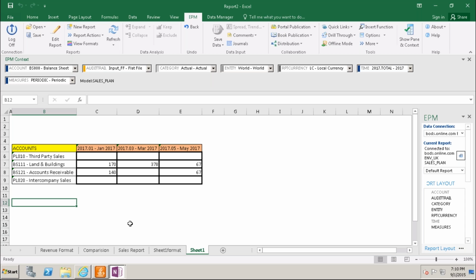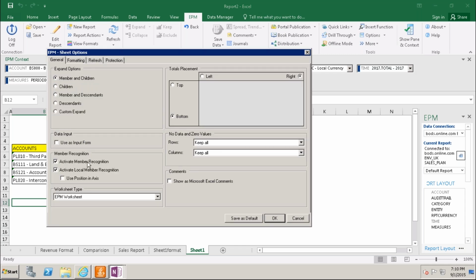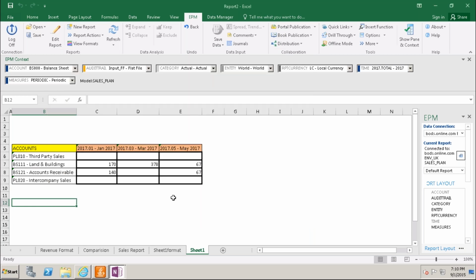Okay, so where we are now, in the options, sheet options, activate member recognition will work out like this. See how easy this is when you check the checkbox for member recognition. Then click OK.